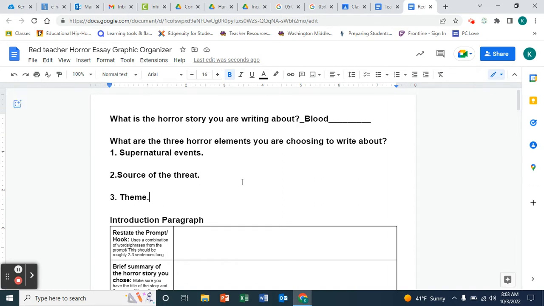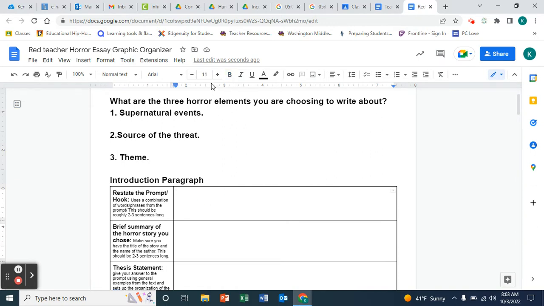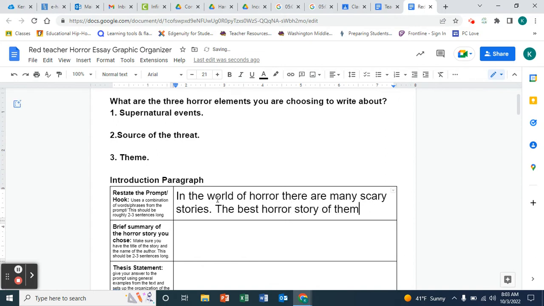So I'm going to do the hook, and for this first essay, I'm going to give you the power to choose the ability to copy what I write. Maybe I'll just make it a little bit smaller, and that is perfectly fine. So the hook is something that grabs your attention, and that is exactly what I'm going to do. So I'm going to write down something like this. In the world of horror are many stories. Best is